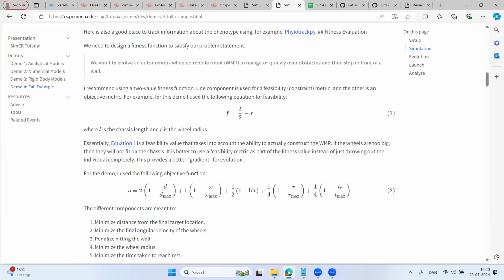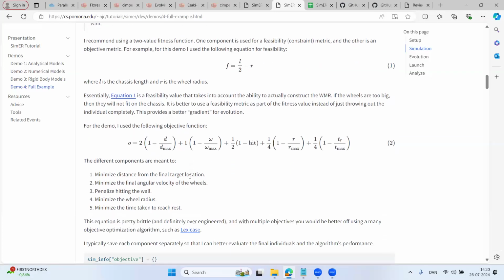I happen to like using a value for this, which just tells you how infeasible your robot is. And that gives you a better gradient, in quotes, for your evolutionary algorithm to follow. So this is a constraint. The more your wheels overlap, the worse that individual is, so it just doesn't get selected for reproduction. And then here's that really horrible fitness function that we designed together. I found that if I gave a really big weight to the distance, so 2 is the weight for the distance, that does better than if I treat all these things equally. So the distance to the target happened to be the most important part.